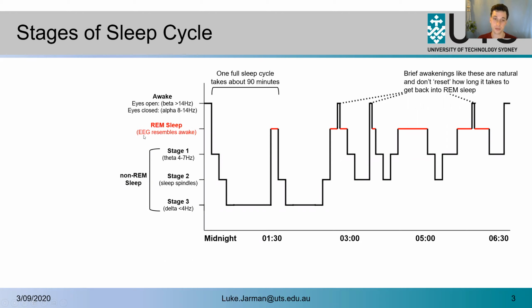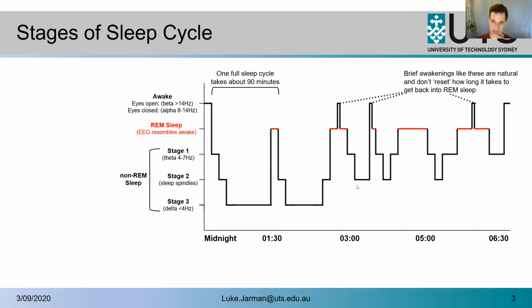An EEG of someone during REM would resemble their awake state, because they are having perceptions and their brain is almost doing some decision making and other activity related to your awake state. So it makes sense that it resembles that. Then, as you can see, across the course of the night, an individual will continue going through each of these sleep cycles again and again. In the second one, they've skipped stage 1, which can happen, but for the most part, they will go through stage 1, 2, and 3.